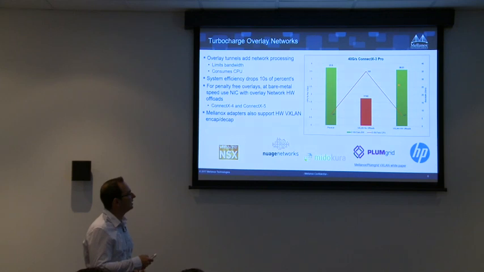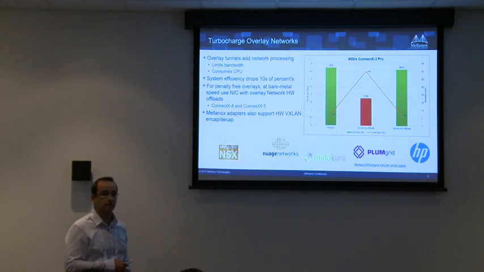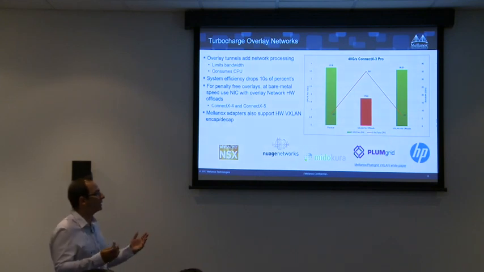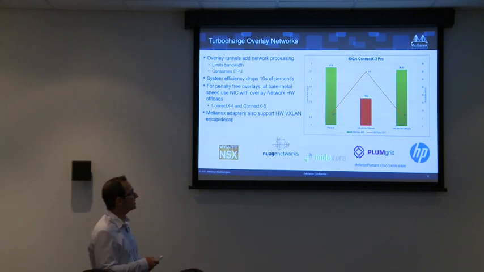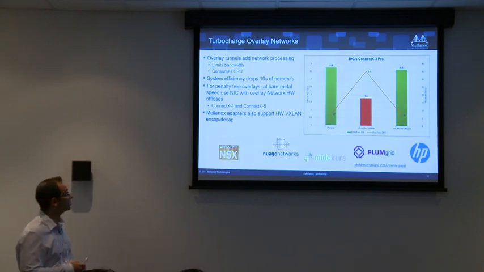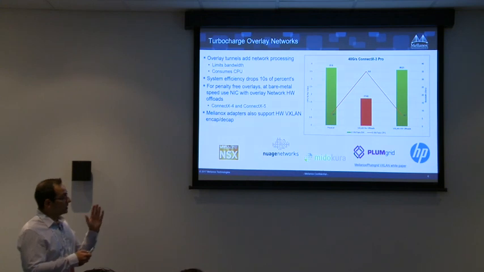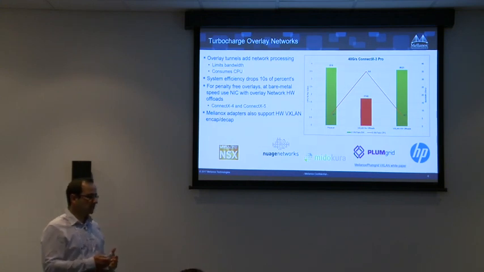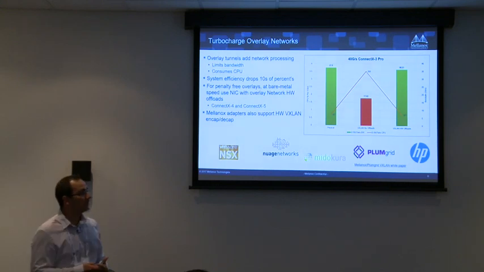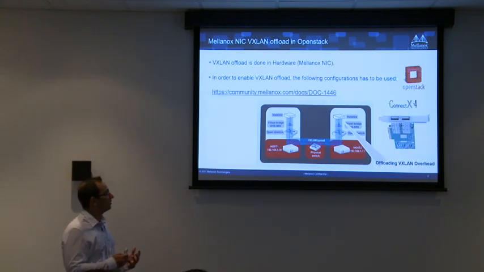Now, if you are using the VXLAN offload, then you are reaching almost the same numbers as a VLAN. A simple thing, if the hardware can do it, it doesn't make any difference if it's VXLAN or VLAN, the same thing happens. And the CPU, again, is reducing to its normal values. So this is called VXLAN offload, and now you may ask yourself, okay, this is a very fancy feature, how can I get it? So this is the magic of our feature.